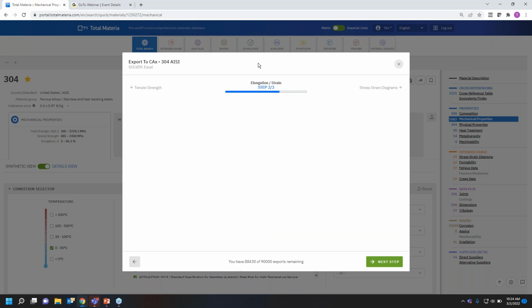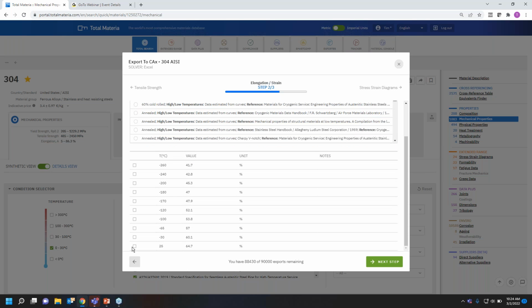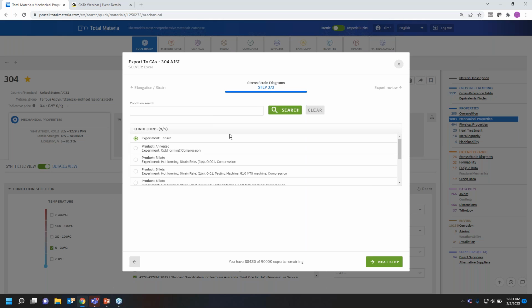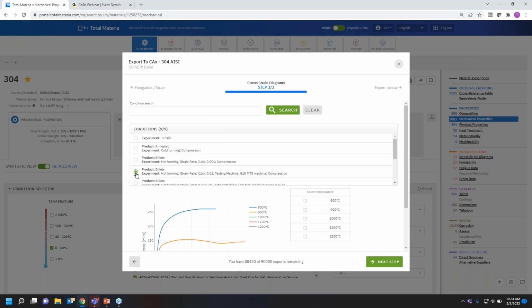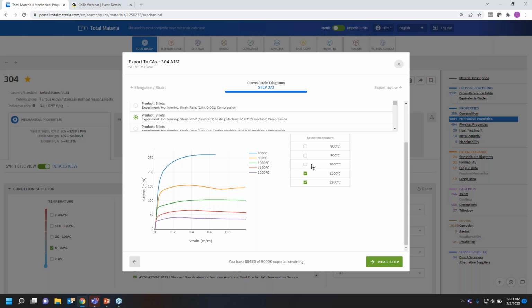Next step, same regarding elongation versus strain. You can choose the condition that you need. And then once you've chosen the condition, you can choose again the temperatures and the values. Next step, stress strain diagram, choose the condition that you need, scroll down, and then add those temperatures that you